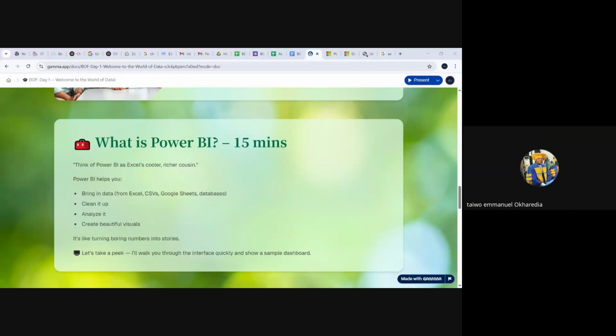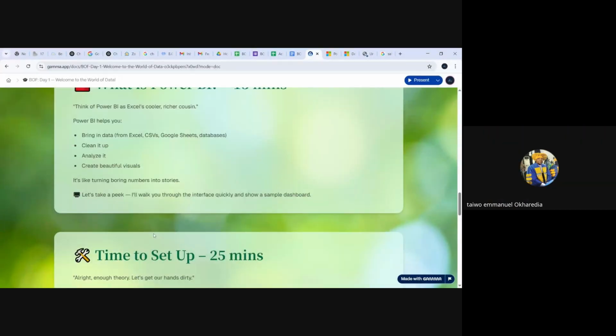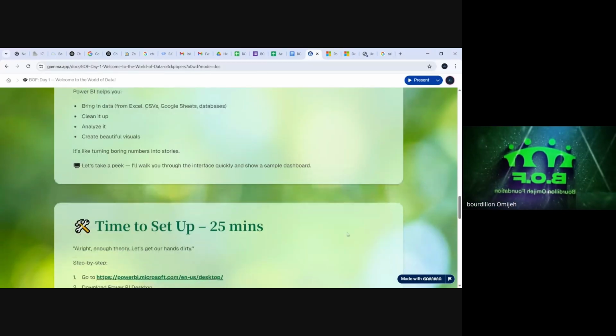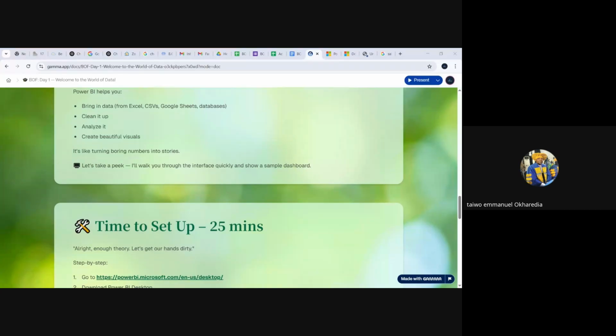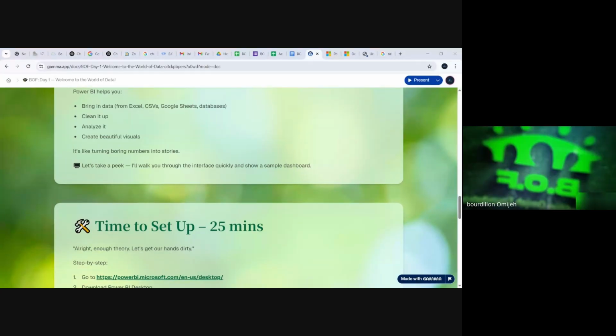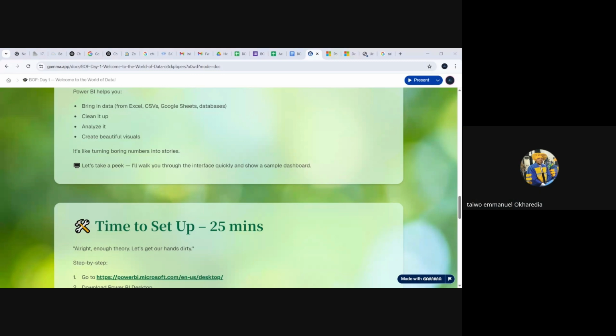Did I press installation? Okay, we've not gotten to that. So let me show you. Let me show you this dashboard, and then we go ahead to install. I'll give you a bit of a break to do that. So this is what Power BI looks like. It's coming up. So I'm trying to open one of